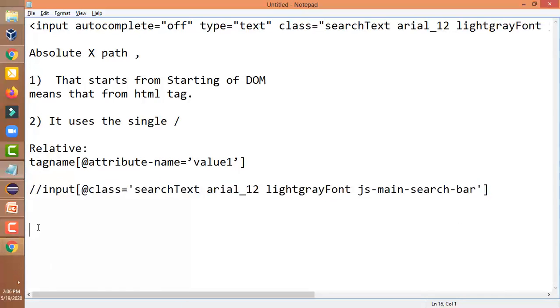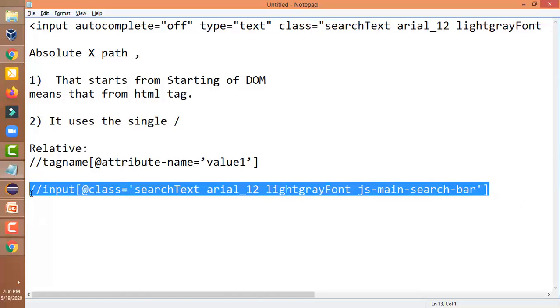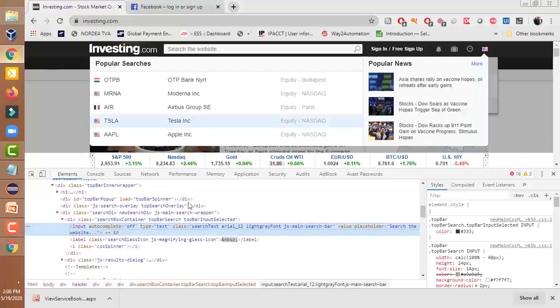It starts from the double slash, then the tag name, then the attribute name. Here we have used the attribute name class. We can use any attribute name, like we can use the ID attribute name. Let us copy this and check if it uniquely identifies the element or not.